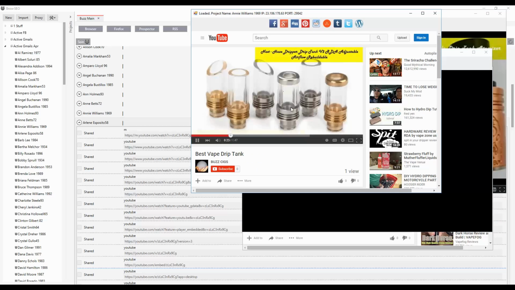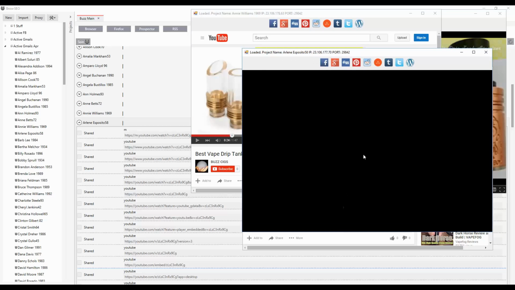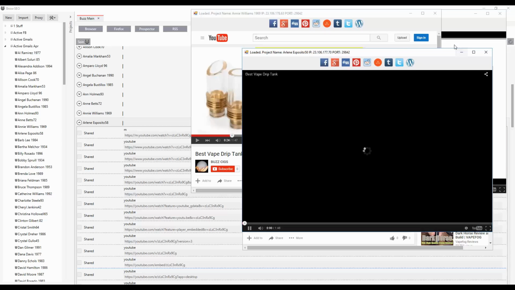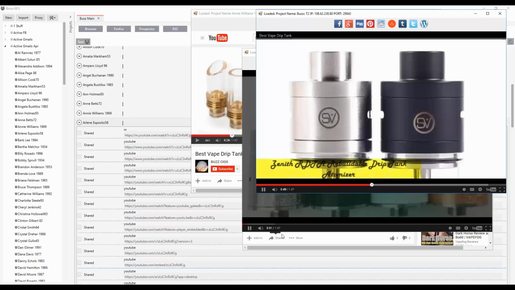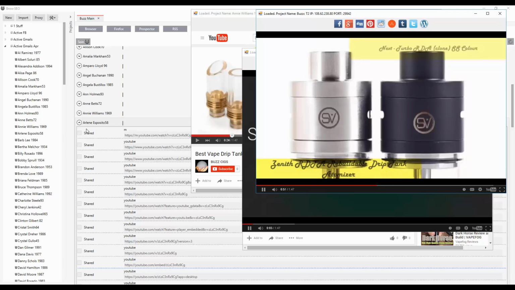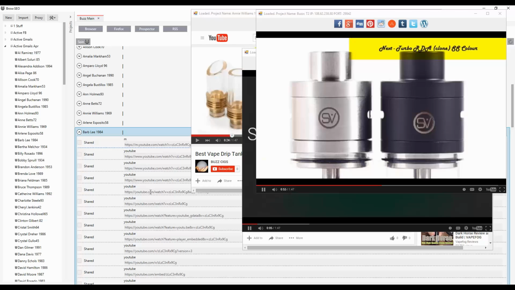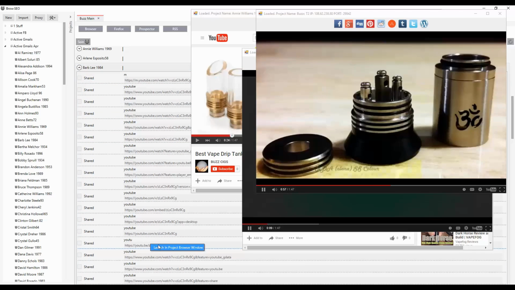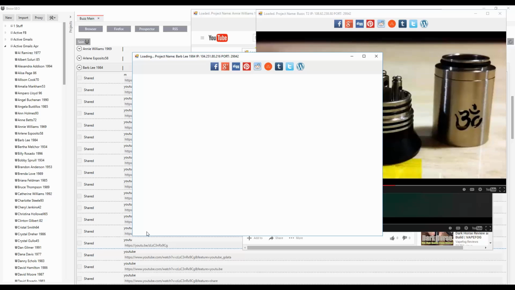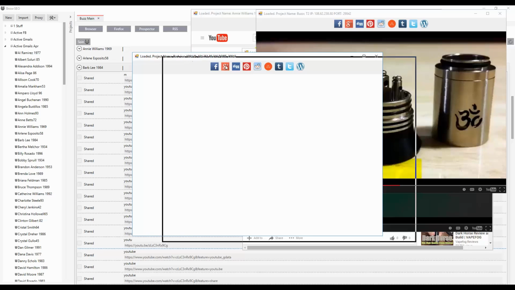So a good thing to do is also to just pause the occasional video, because that's what people do generally. You pause, you don't watch them all the way through. But this one we can have some of them go all the way through. You just mix and match it. In version 3, this is all going to be totally automated. So you're going to be able to just set how many to open up,